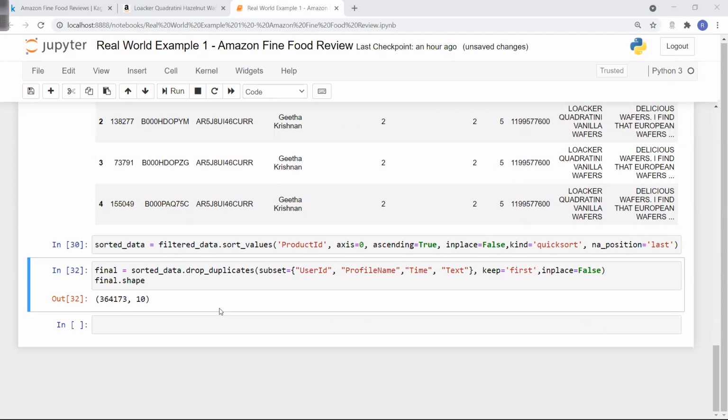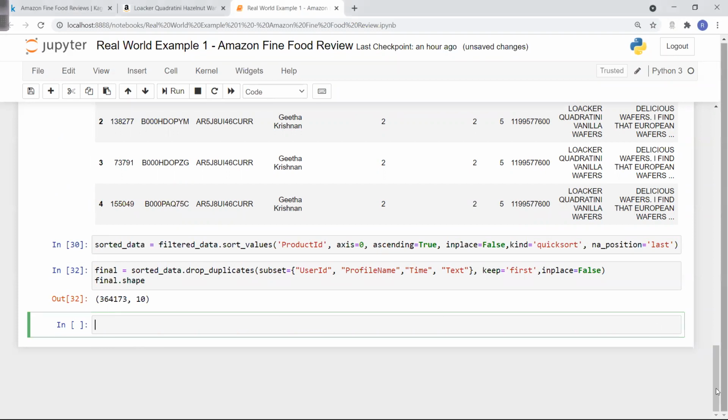No point keeping those duplicates in my data set, so I have to remove them in any case. How much loss did I have in my total number of records? The current record count 364,173 divided by the previous record count, into 100. That much loss I had, right? So basically final records, the records which are in final, based on the ID.